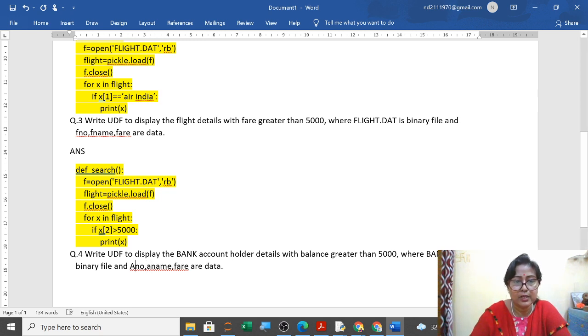I'm writing in small letter only, and balance amount are the data.